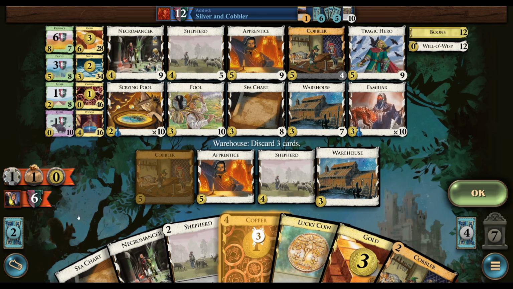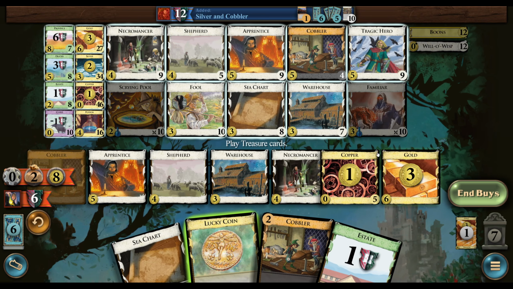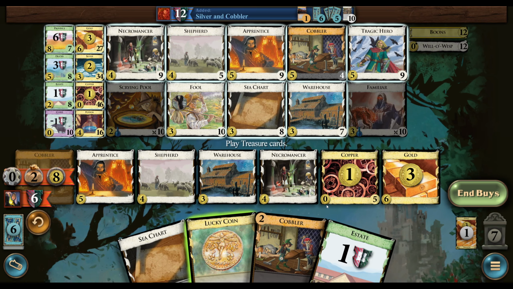I guess this is going to be, I guess what we could do, actually. We have the cobblers. We could just play Tragic Hero. We could just shuffle in a bunch of green. There's not really a lot of money to draw. So now this has green and estates and such. And we don't have a lot of money at this point in time. We're kind of getting there, but